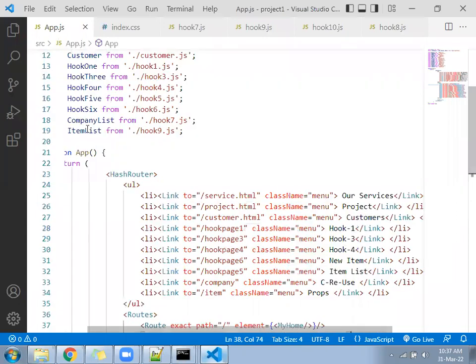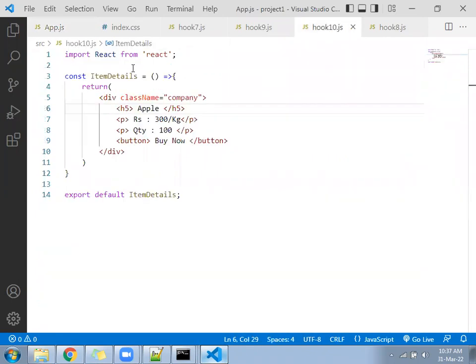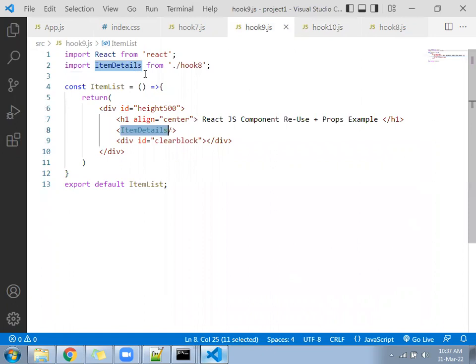Hook 10. Okay. What have I imported? Hook 9. In hook 9, item details. Under hook 9, I have item details from hook 10. So here is the problem.